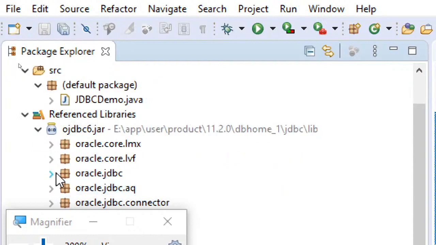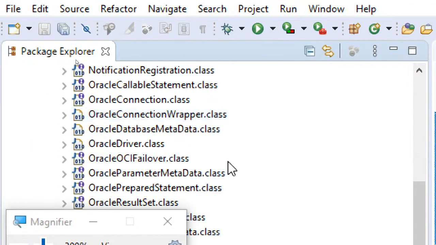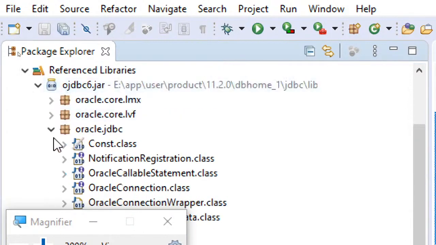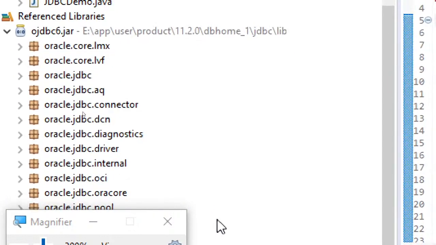Here you can see oracle.jdbc, like this. And whatever we are using, it is from here. The class name which we are using now, it is from here, this package oracle.jdbc.driver.